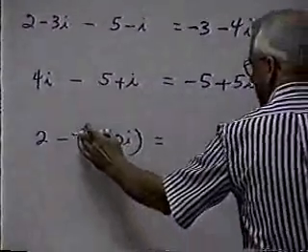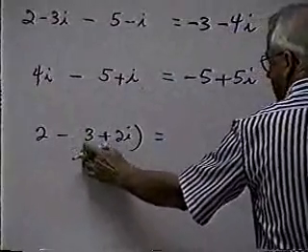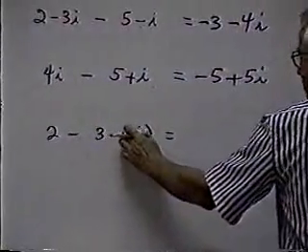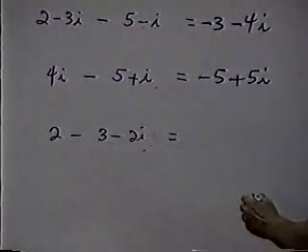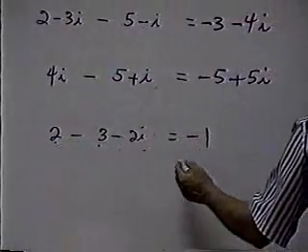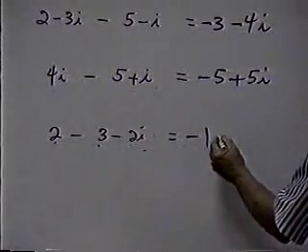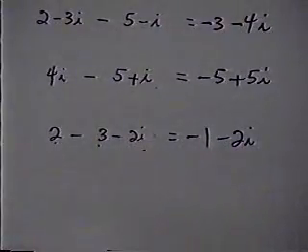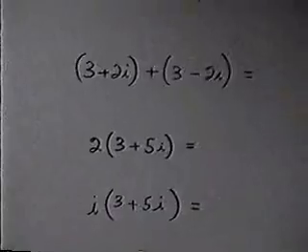Okay, same thing here. Let's remove the parentheses. Change that to a minus. And add the real: 2 minus 3 is a minus 1, and a minus 2i. All right, let's look at